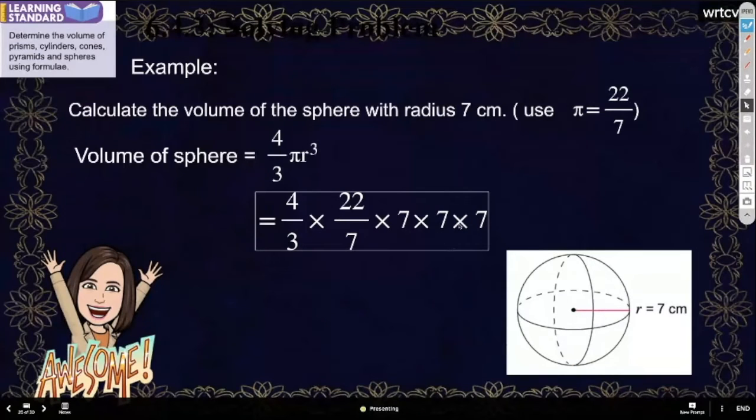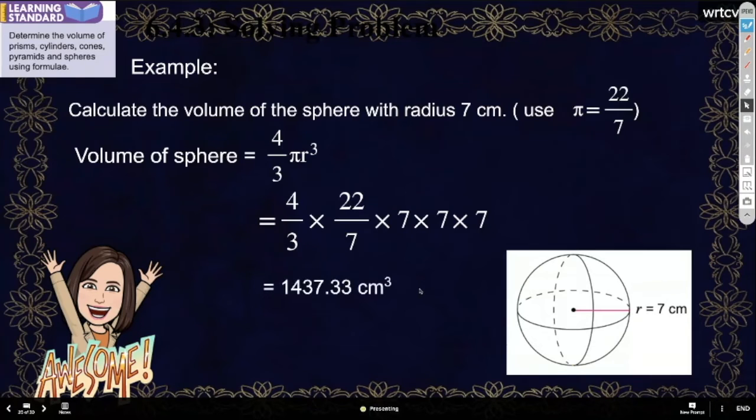So 3 kali. Darab 3 kali. Okay. Kalau ataupun tak tulis macam ni, 7/3 pun boleh. You write here 7 cube. Can, no problem. Okay. So press your calculator, you can get your answer. Okay, 2 decimal places. So remember only one value that you have to substitute in, which is your radius. Okay, the formula is provided.